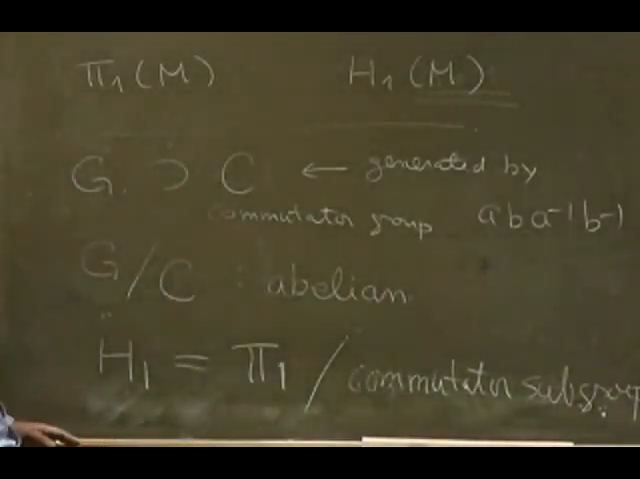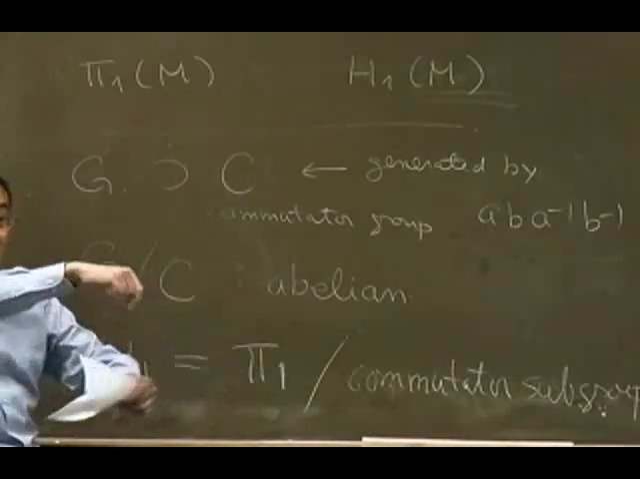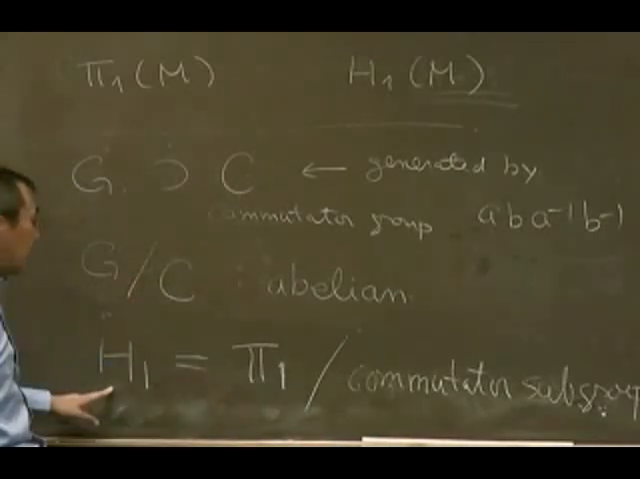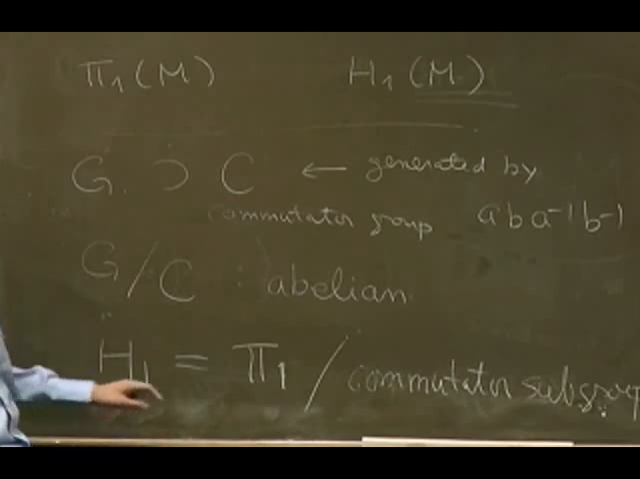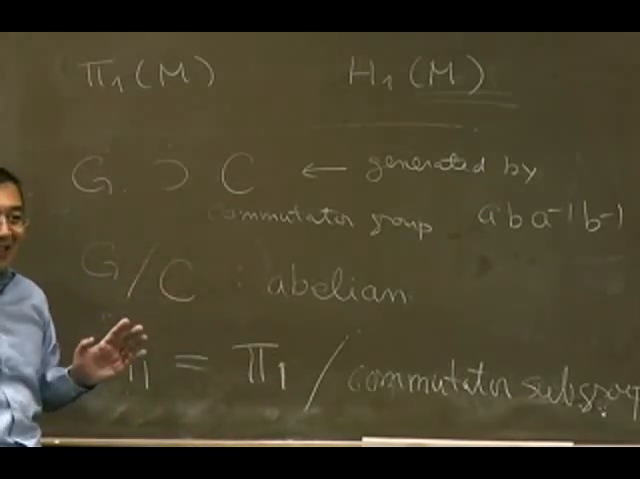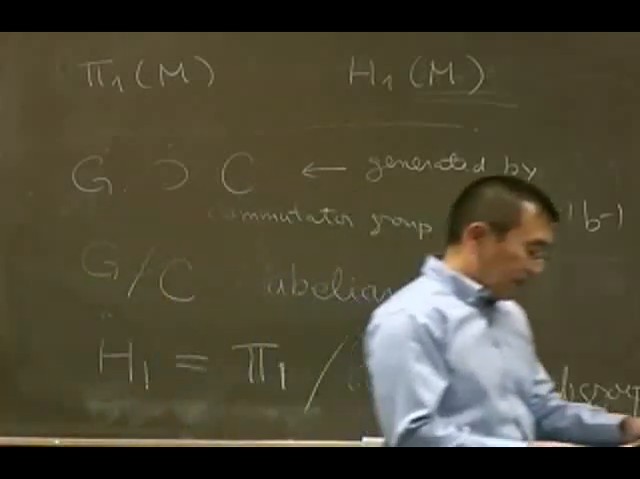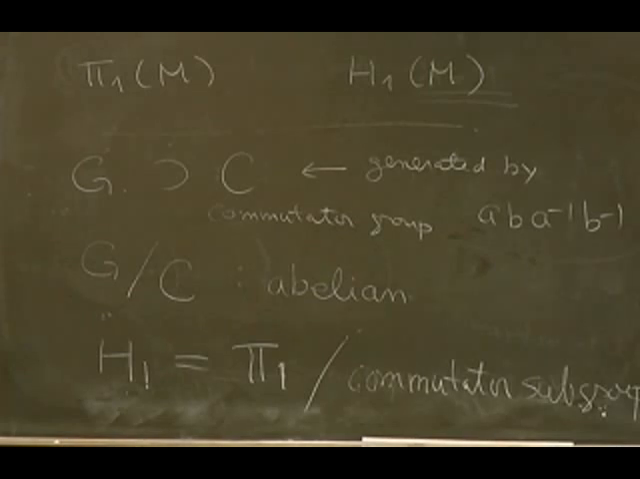So basically what it means is that if you have pi 1, where you have a set of generators with relations, and if you want to construct h1, all you have to do is ignore the fact that these generators do not commute with each other. So then you get h1. Okay? So that's the